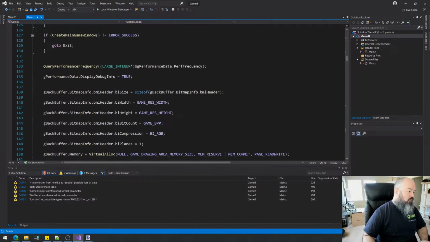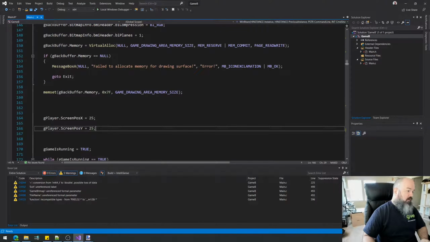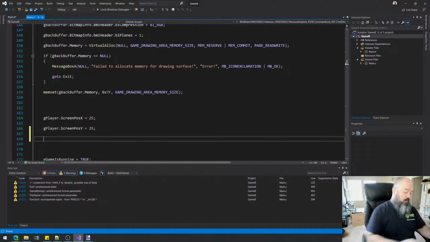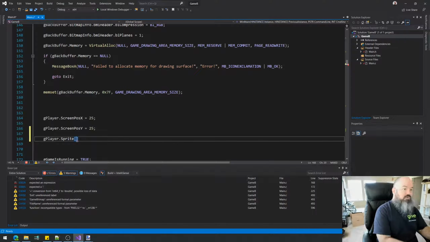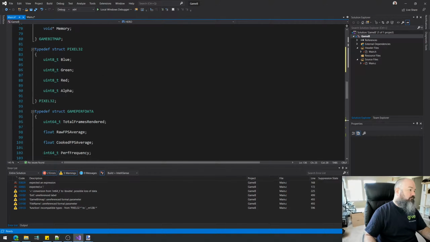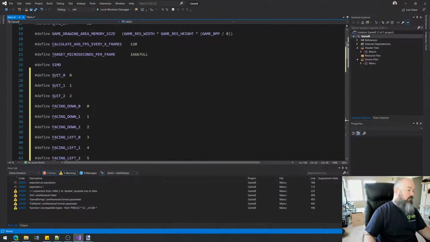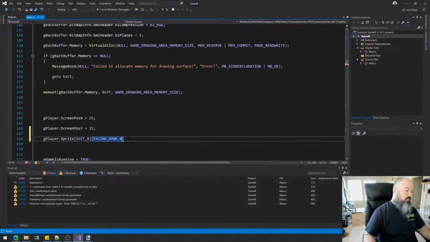So somewhere we're going to have to initialize our player, and I haven't really done this yet, but we're going to do gPlayer.sprite. And which sprite are we going to assign? We're going to assign suit 0. And how do we name this? Facing down 0, which is going to be his standing pose. And it needs to be equal to